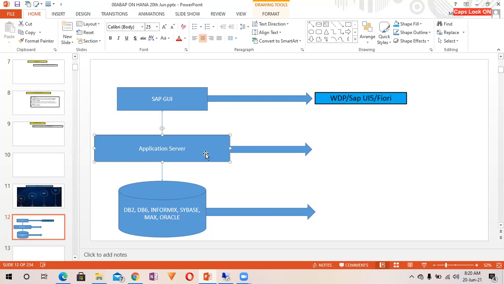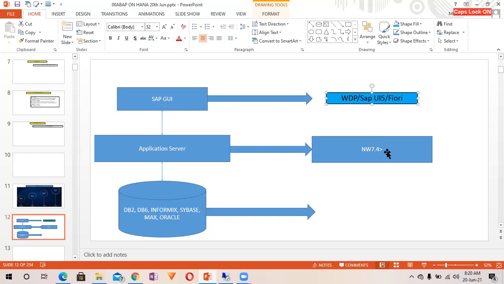Okay, so NetWeaver also evolved. From NetWeaver 7.4 onwards, we have seen a drastic improvement in the application server, in terms of new syntax and new SQL, in order to support the new syntax and efficient programming.